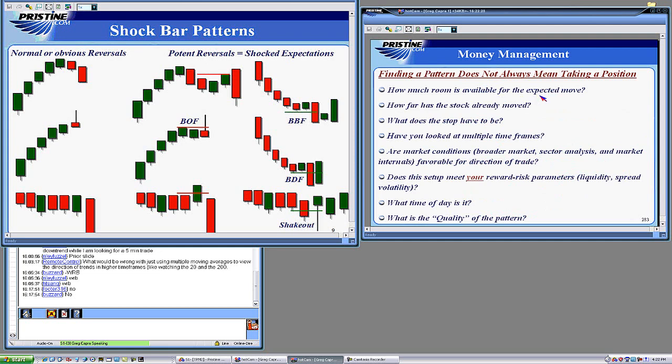Going through the thought process of money management. Once you find a pattern, it doesn't mean you're taking a position. Is there room? Is there a tradable void? Has it moved already? That question makes you think about whether you're chasing. So you may have seen the pattern, but you didn't enter on it. That's one of the biggest